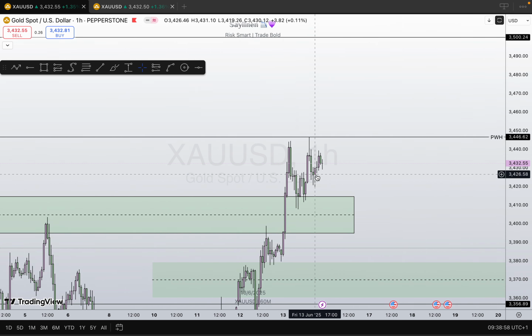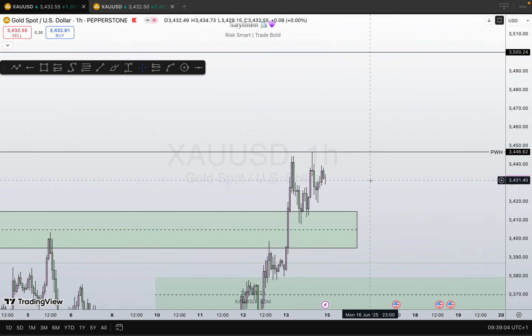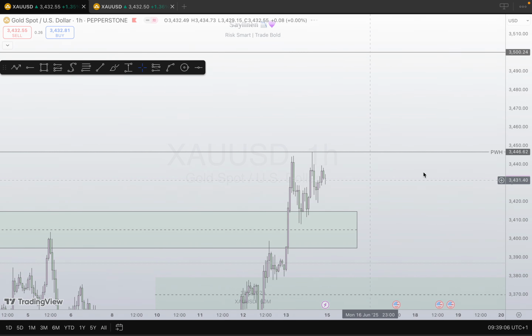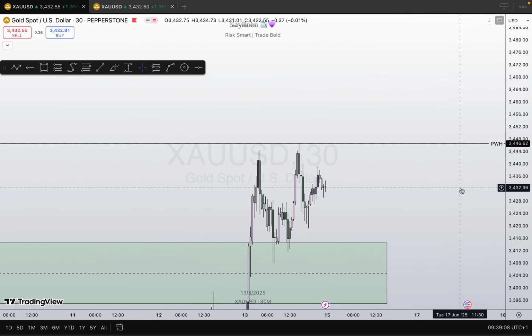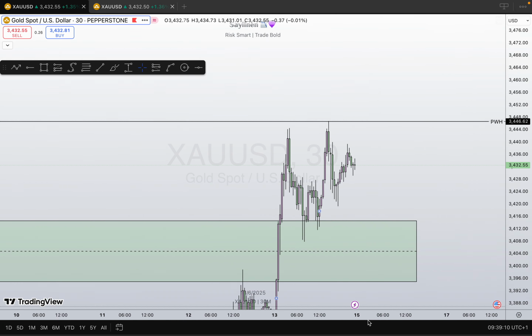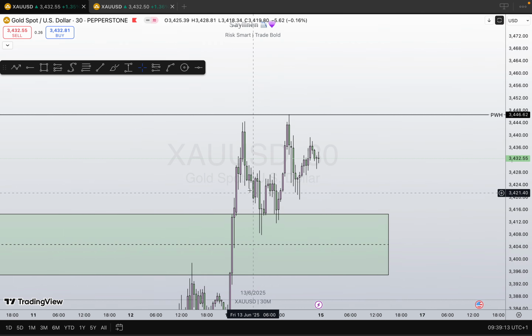So we could see the breakout structure, price falling back down towards this level and then reacting again. If we go down as low as, let's say, the 30 minutes time frame, we could see how sellers were trying to use this breakout structure to sell down to this level, but then price broke out of this zone, giving